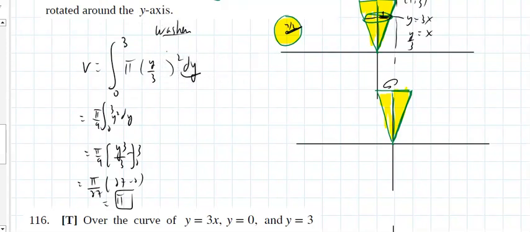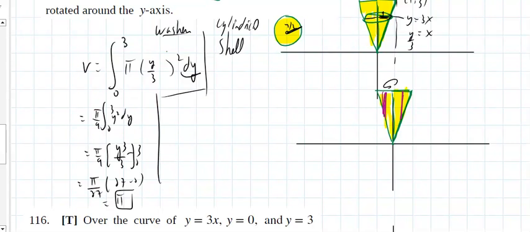Okay. Now, if I want to use the cylindrical shells, I'll pick my rectangle parallel to the axis of rotation. This piece will create an identical piece like it right there, and you could see the cylinder right in front of you. Volume is going to be the integral. Since I'm picking it vertical, that's a dx. X runs from 0 to 1. 2 pi, the radius,